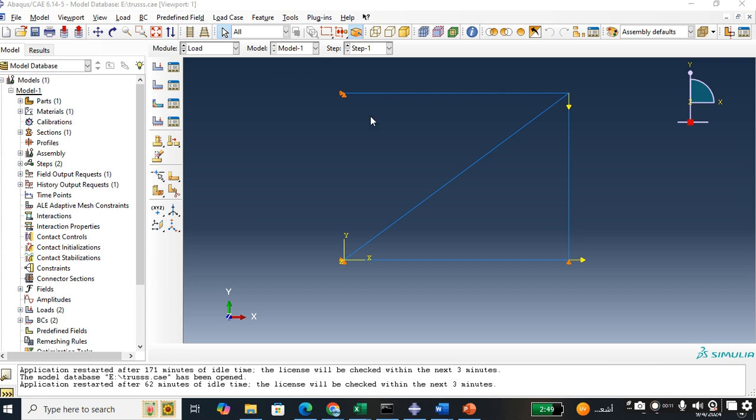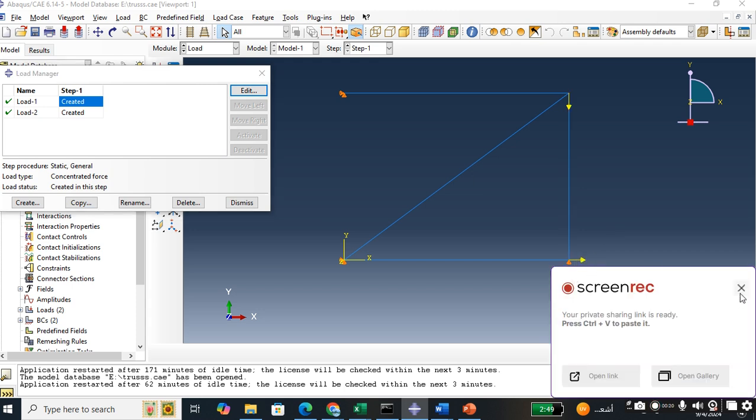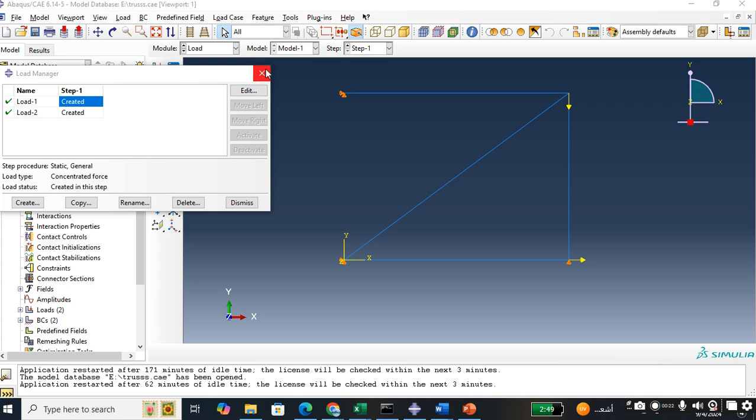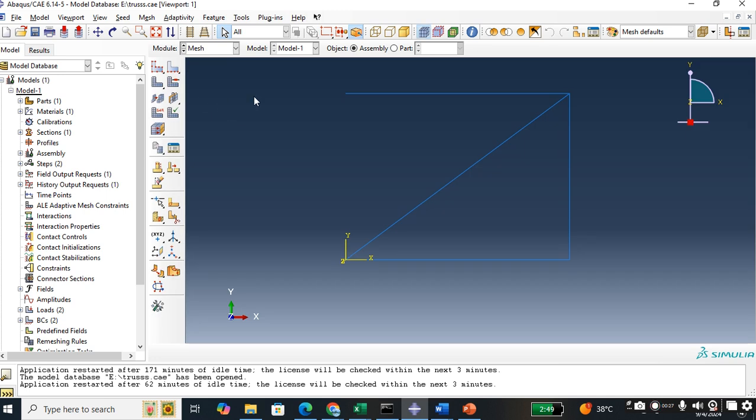We already done the loads on truss element. Here you can see the downward vertical load and horizontal load. Now we can apply a mesh on this element. By applying a mesh we create